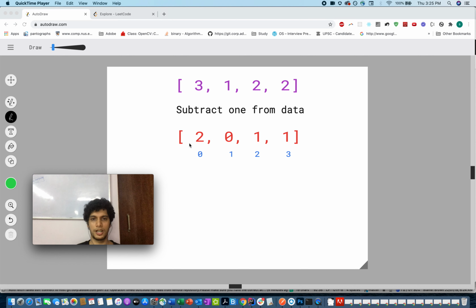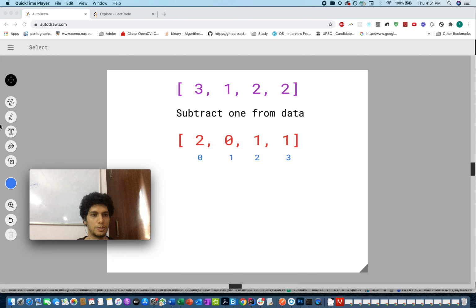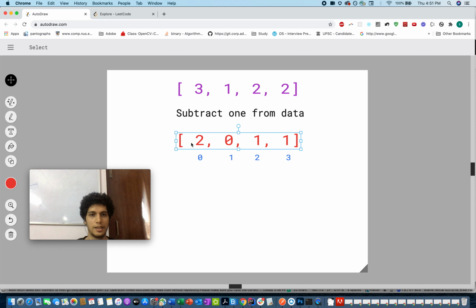So I'll first of all reduce everything by 1. Then you iterate through the array, pick up an element, find its absolute value, go to the index where it points, and negate that value. What it means is, you start with the 0th index, the value is 2. You go to that index and negate that value.